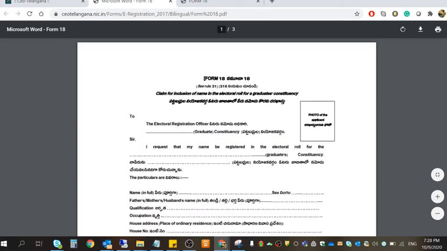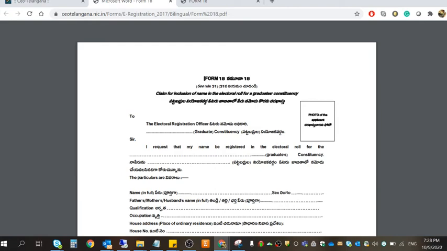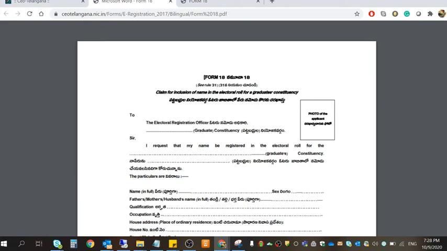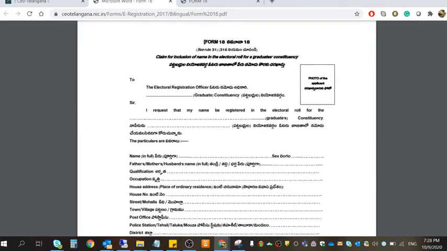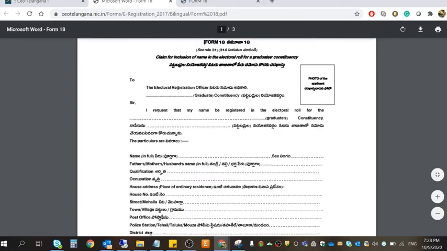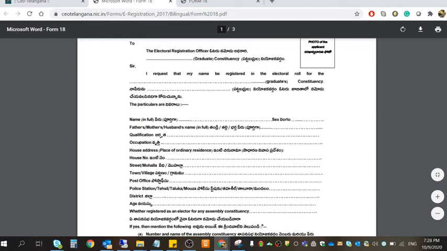See, in this you can write the application in Telugu or English. Two options will be there. Constituency name, here they have mentioned, and they mentioned everything in Telugu and English as well.